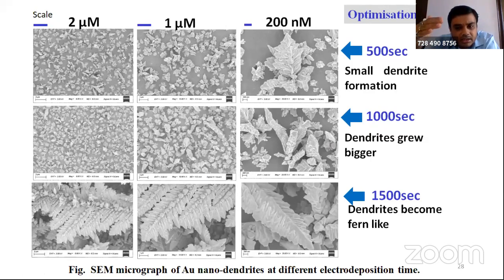So when we increase the time of reduction, you can see the formation of the structures has changed. You can see it keeps on forming. And when we go to 1500 seconds, the typical fern-like structure has formed on the surface. So this is the same micrograph of the gold nanodendrites, which has been developed after the process of